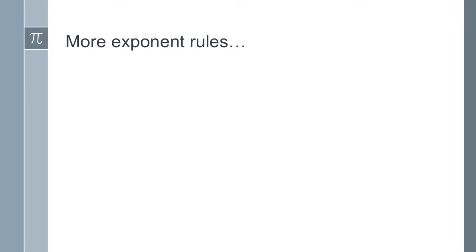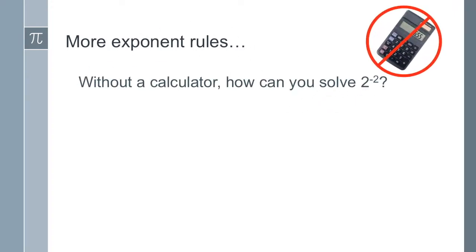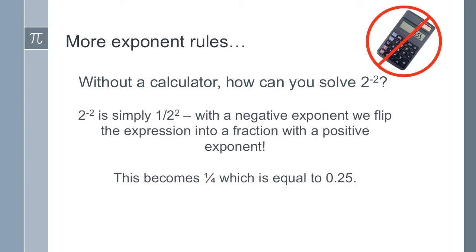One more exponent rule that you need to remember. This exponent rule will help you solve what 2 to the power of negative 2 is without a calculator. So do you remember what you have to do when you have a negative exponent? A hint is that you don't want a negative exponent, so you're going to have to make it into a positive. So do you know what to do? Well, if you remember, 2 to the power of negative 2 is just 1 over 2 to the power of positive 2. Anytime you see a negative exponent, tell yourself, negative exponents are bad. I do not want a negative exponent. It's too complicated. Let me just flip it and make it into a fraction, and suddenly my exponent becomes positive,